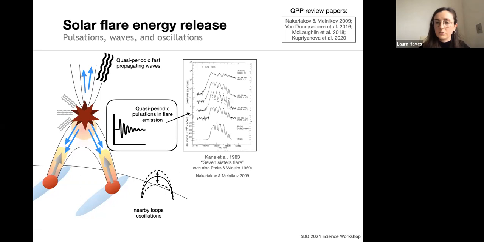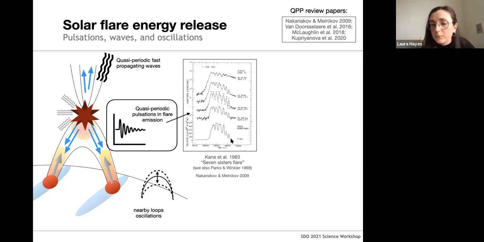I think we can gain an awful lot of information both about flare physics and plasma physics from their observations. They've been observed from flare emission for many, many years, seen as intensity variations as a function of time. Over 50 years ago was the first observation of Parkes and Winkler. Since then, it's really been in radio and X-ray observations associated with non-thermal accelerated particles that we see these pulsations. And here's a really nice example of the Seven Sisters flare from Cannes in 1983,